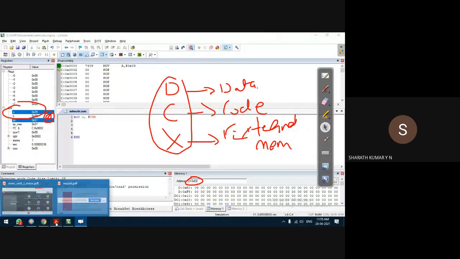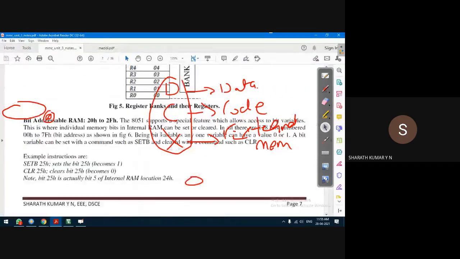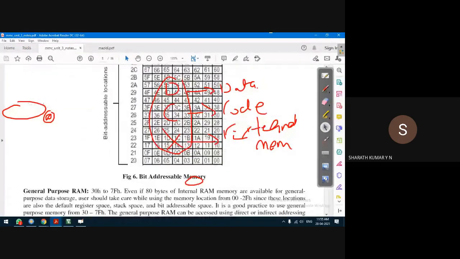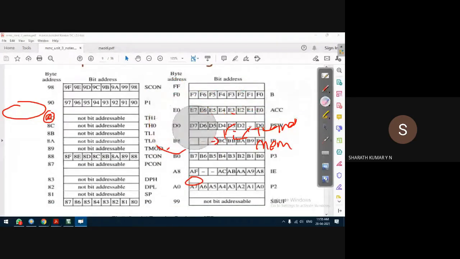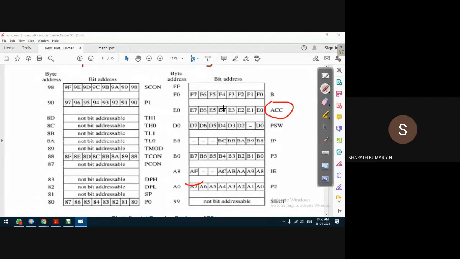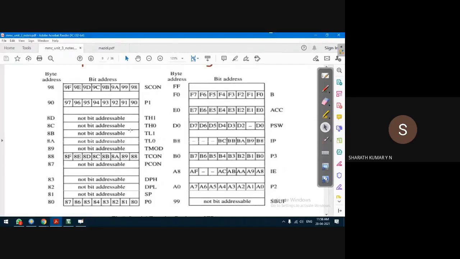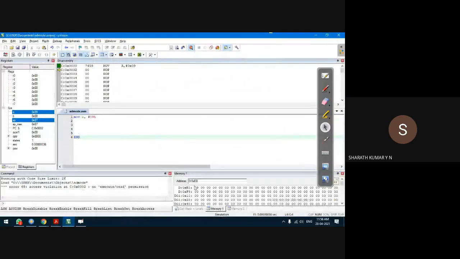Go to the memory window. There are what you call special function registers. In this special function register, you can observe the accumulator. The byte address of accumulator is E0H. So I have typed the same address here. We can see that the content of this location is 09.